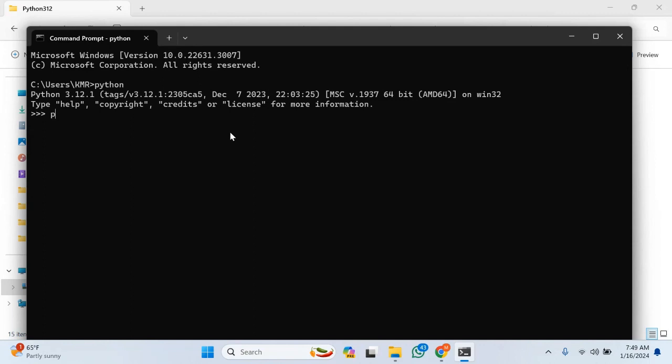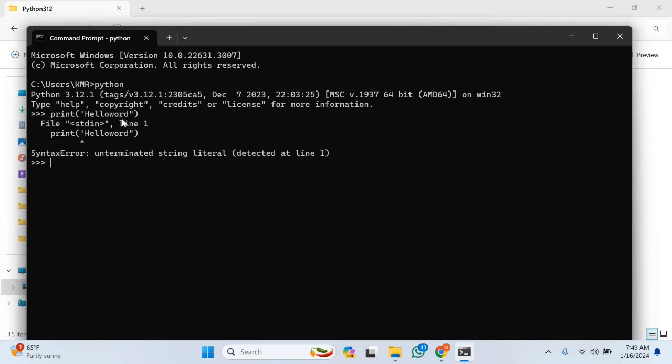So let us try to give one command. Let us try to use print of hello world. I want to just print this, so that is the reason why I have given this. Let us try to print this. So it has given